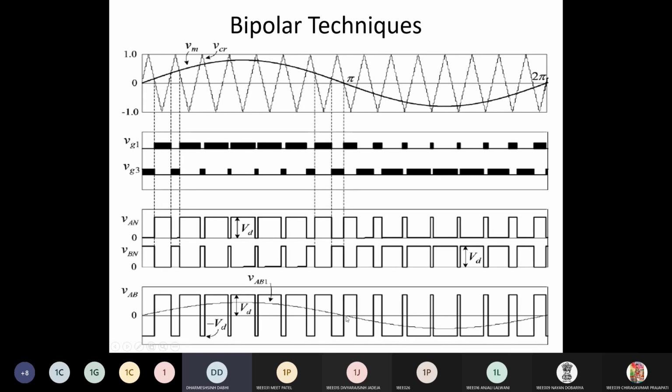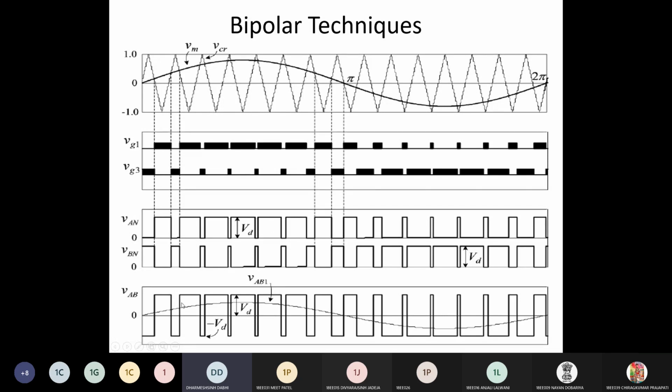In the same way, in the negative cycle, from 180 to 270 you can see that the width of the negative pulse is increasing compared to the positive. So if you take the average, you get the negative, and this is increasing from 180 to 270 degrees. From 270 to 360, the width of the output voltage in negative polarity decreases, and at 360 you get zero voltage if you take the average. If you take the average of the positive and negative cycles and join each and every average point, you get the sine wave.